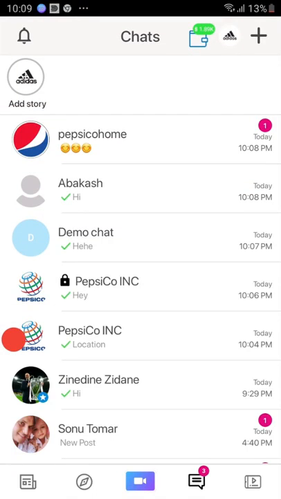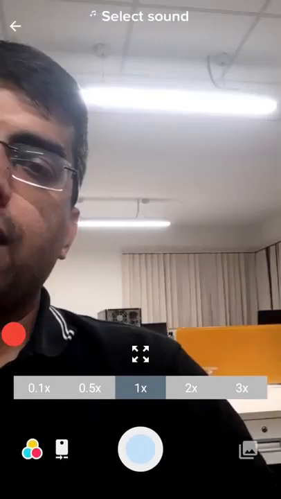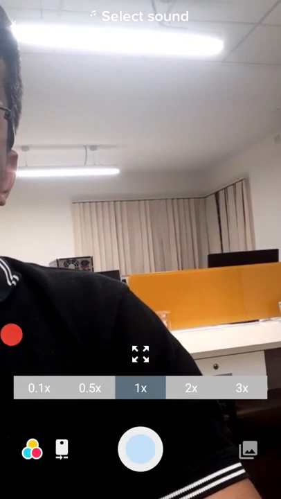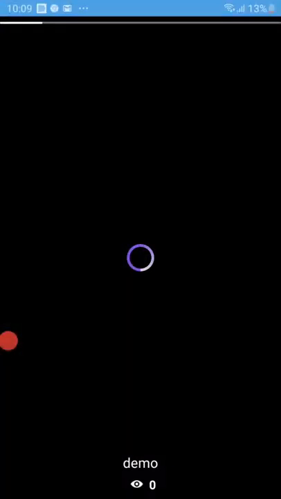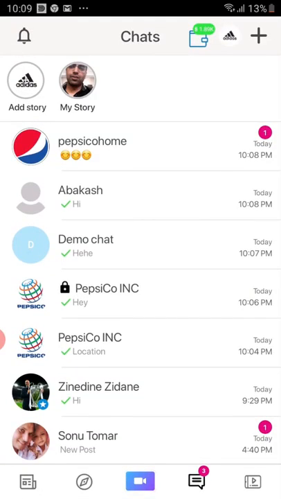Now all my users would see that on their following tab, right? So that's how the stories feature would be. This is my story that I just made, and if anyone has seen my story, I can track that over here. Since no one has seen that yet, it's blank there. So that's the stories feature on the app.